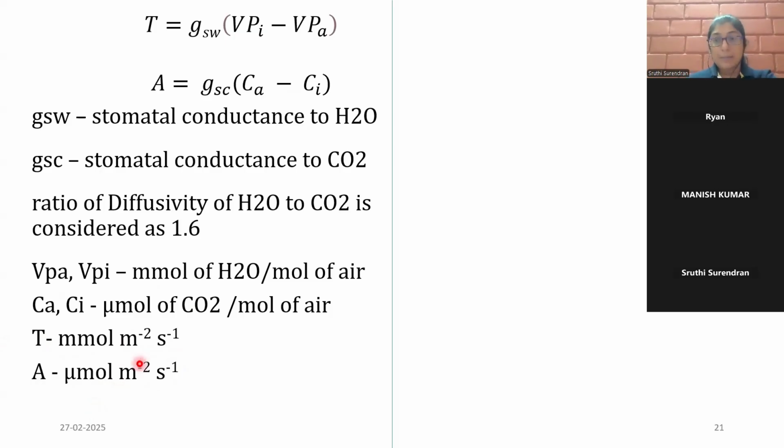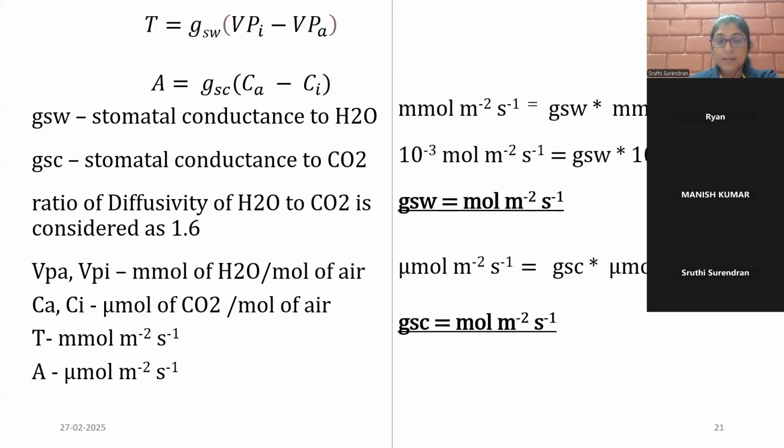So, whenever we represent the rate of transpiration on the x-axis, the unit of transpiration is always going to be millimoles of water per meter square per second, and the unit of assimilation or photosynthesis is going to be in micromoles per meter square per second. The vapor pressure deficit will be expressed in terms of millimoles of water per moles of air, and carbon dioxide concentration will be expressed in terms of micromoles of carbon dioxide per moles of air. So if we solve this equation with the units alone, we see that